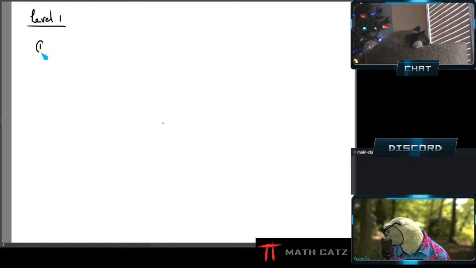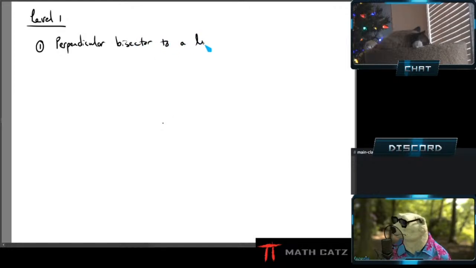So I'll number them like this. I'll say level 1, 1, for example. The first one is draw a perpendicular bisector to a line segment. Now, because we're doing things a little bit differently using GeoGebra,